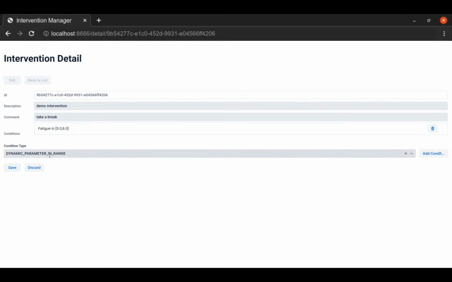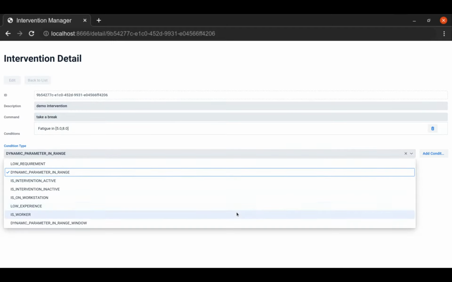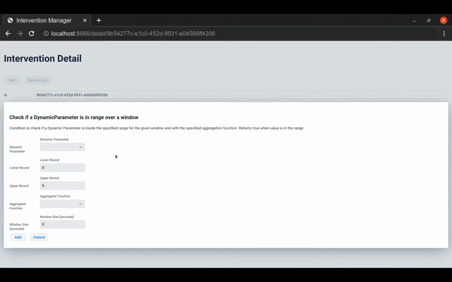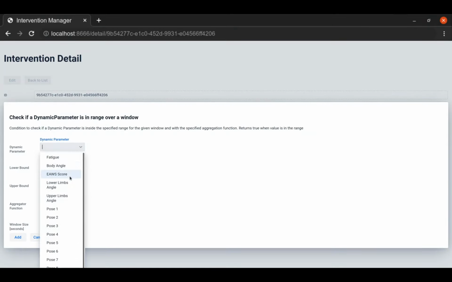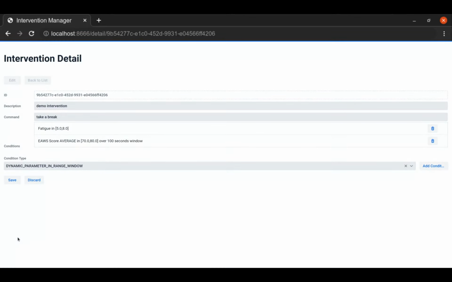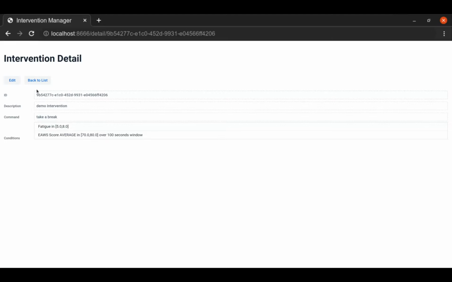But also, we want to check if the EAWS score falls in a given range by considering a fixed time window. By selecting the proper condition, we can set the parameter to monitor the range of interest, but also the aggregation function to apply to values collected in the given time window. We decide to monitor the average value over a 100 seconds time span. When satisfied with the rule, we confirm the intervention details by clicking on Save, and we go back to the